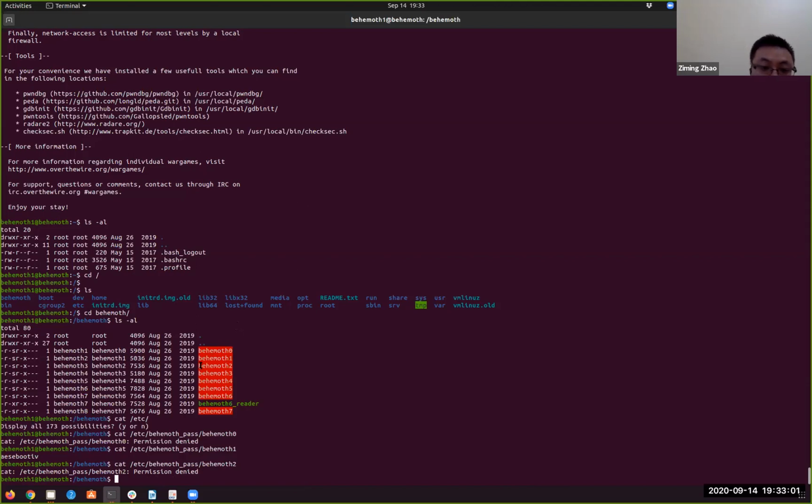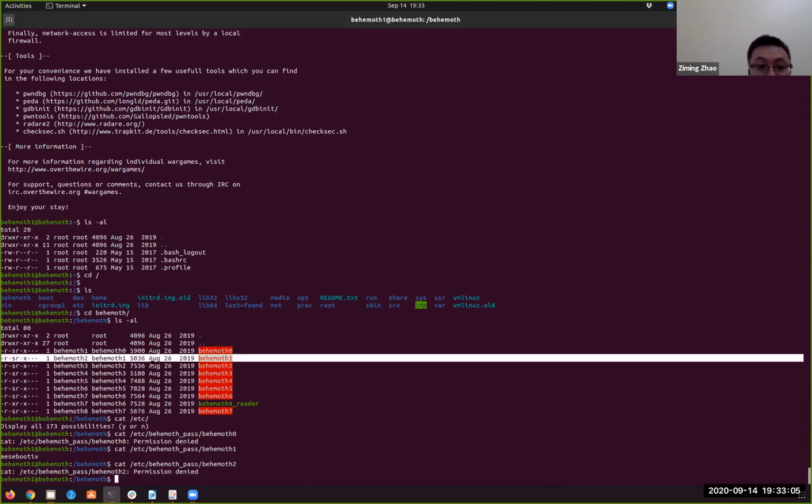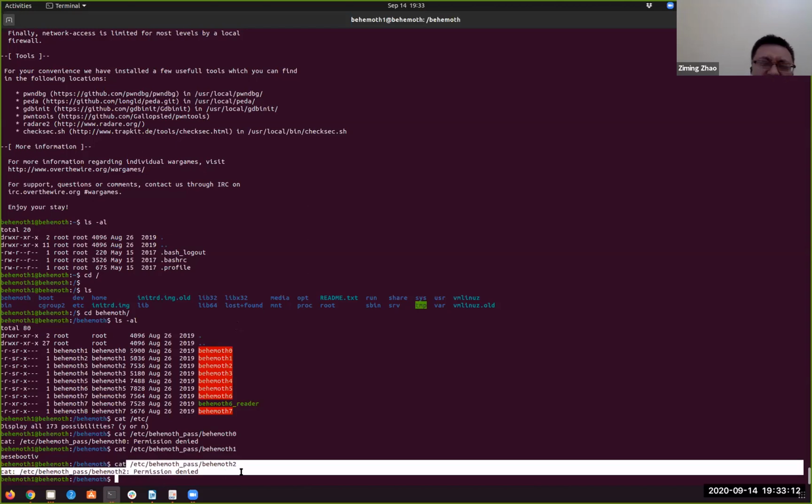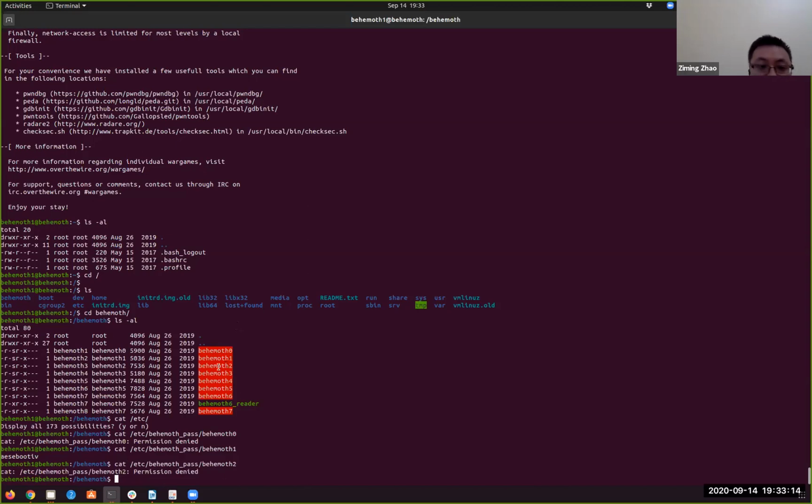But if I run this program and hack it, the effective ID will be behemoth 2, and I should be able to access it, and I should be able to catch the password. Then I get the password of level 2, then I can log into level 2, I can run this program, and I can try to crack this program and get the password for behemoth level 3. So this is how this challenge is designed. You can do this level by level, and